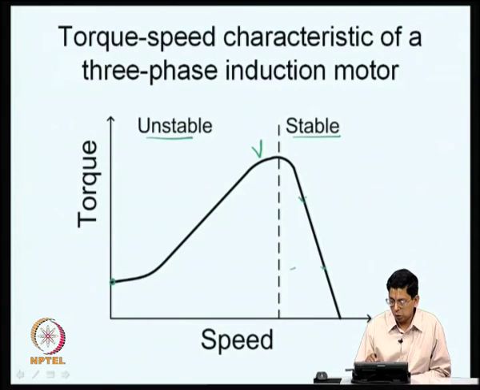Let us say we have a load whose characteristic is like this. Let us say the load has such a flat torque speed characteristic. So, this will be the point of operation, and this point of operation is supposed to be stable. Why is it stable? Let us say there is a small disturbance. Because of the small disturbance, this point moves here. So, if this point is moved here, the torque is now lower than what it was. So, the machine will naturally decelerate and it will go back to the origin.